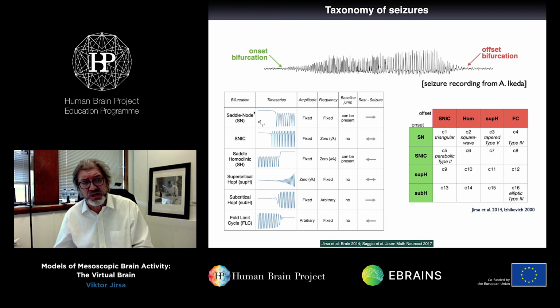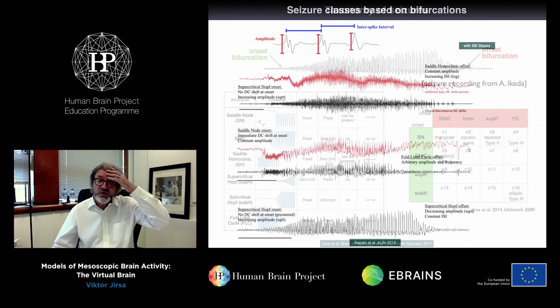For instance, here in this example, the frequency does not change and you have a baseline shift. We call this a saddle node bifurcation, whereas here for the Hopf bifurcation, it's central and the amplitude increases, but the frequency remains fixed. Whereas this one is, where is the homoclinic one? The homoclinic one is this one here. You cannot see it. It becomes slowing down. It goes logarithmic. So we can characterize it, put it into a taxonomy of onset and offset bifurcations, and build